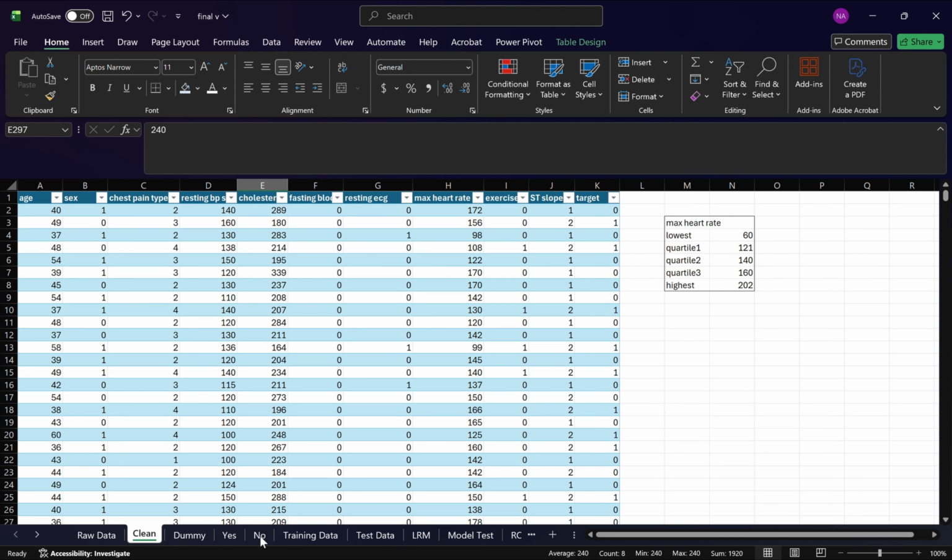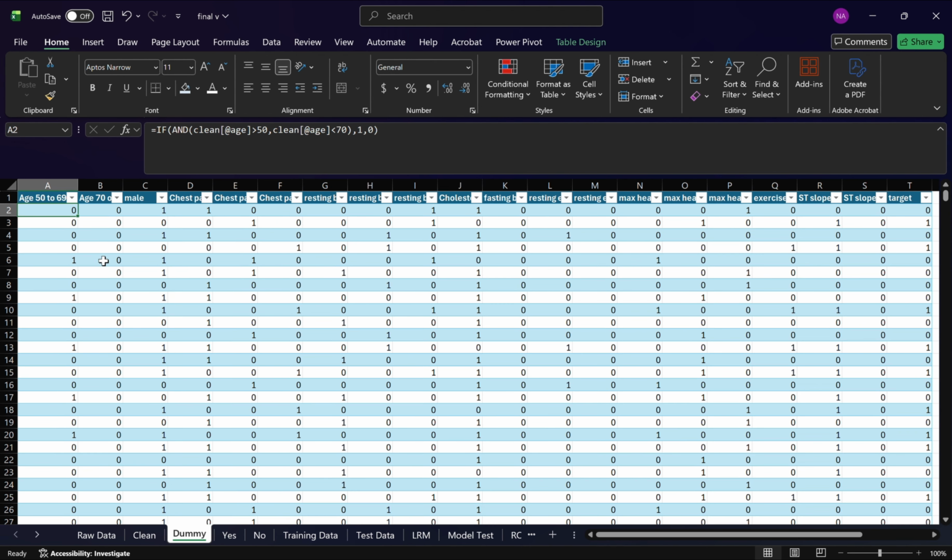Then we have dummy encoded the data. For example, for age, I have categorized it into 3 types: 0 to 50, 50 to 69, and 70 or above. For this dummy encoding, we have used the IF and AND functions. If I were to show it right here, we will use IF, and as there's more than one logic, we will link to the table and use a specific row, the row for age,